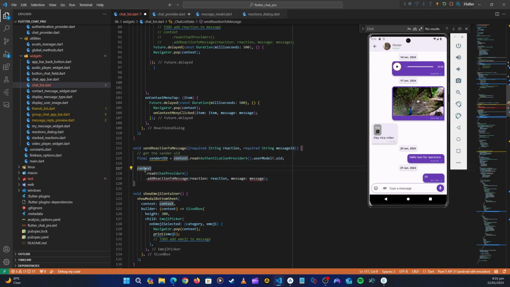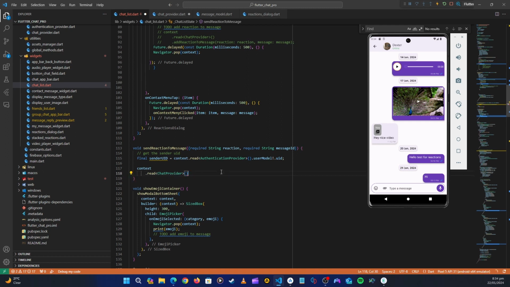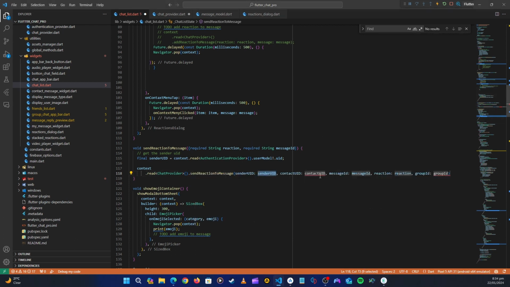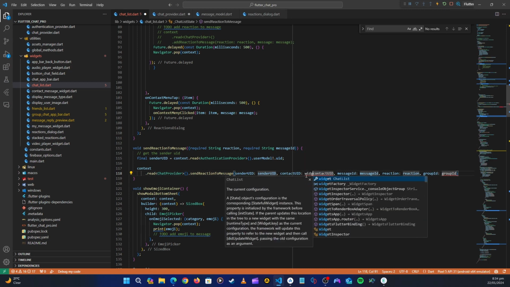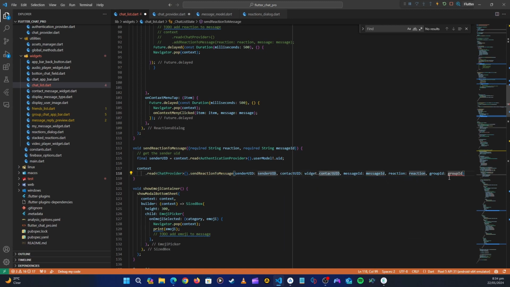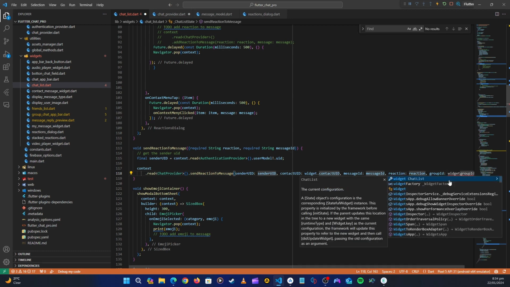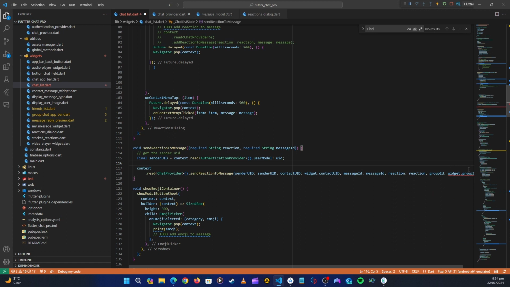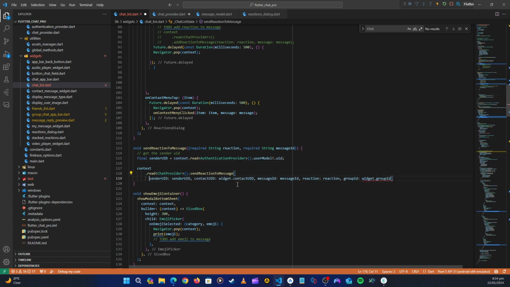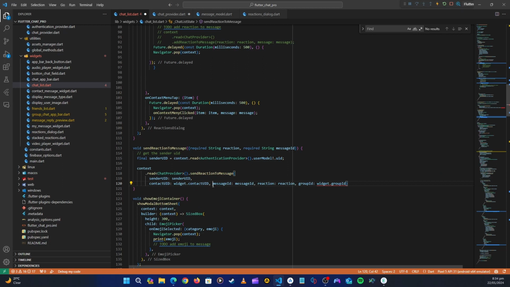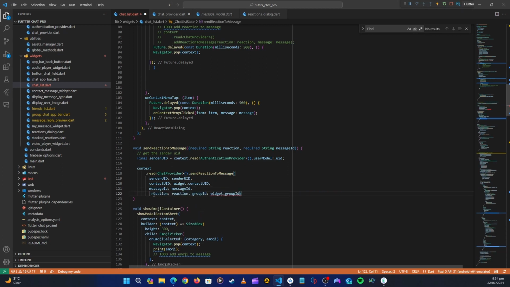So our method is called context.read chat provider. Here our method is called, instead of that, it's called dot send reaction to Firestore. Let's minimize that. This contact UID, we know that we are getting that from widget dot contact UID, and then there is group ID. We are also going to get that from the widget dot group ID. So let's just bring this down like that. So the group ID,